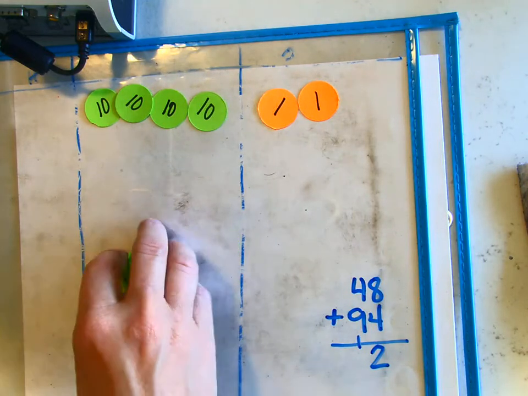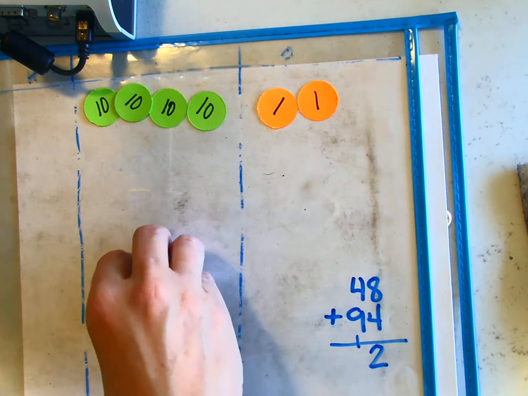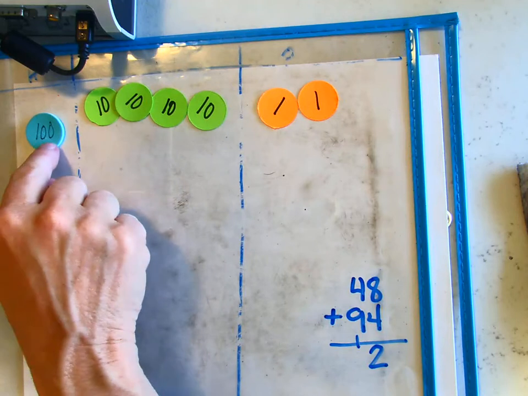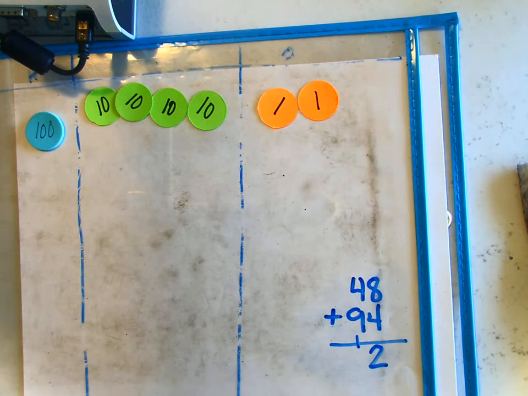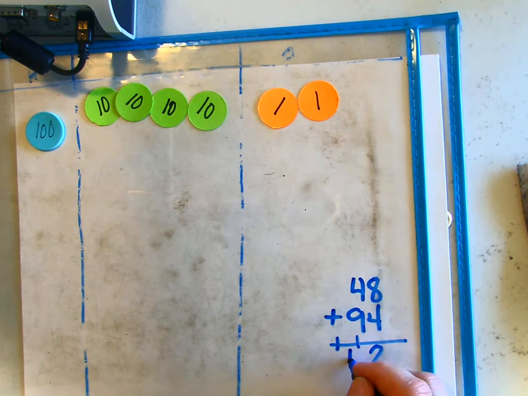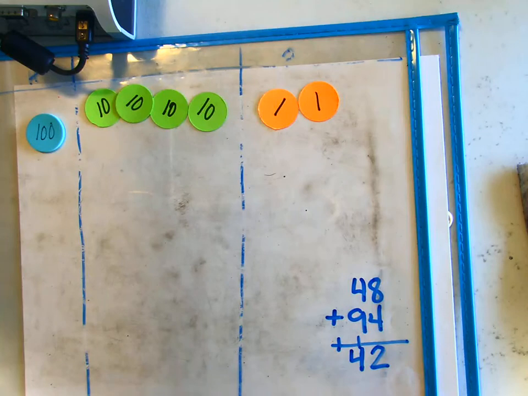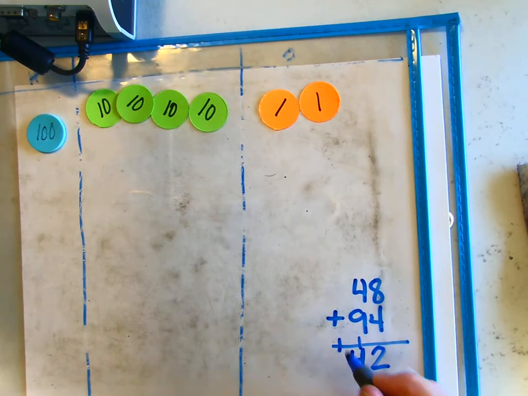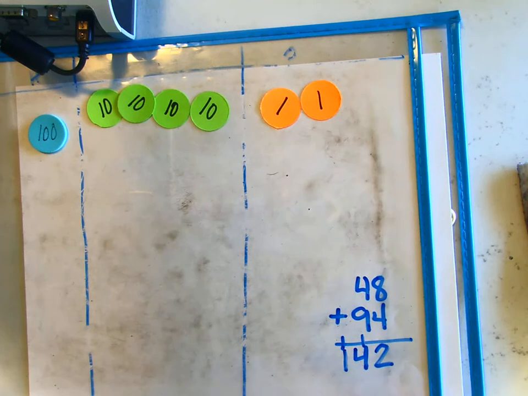Composing or bundling my group of 10 tens, and I'm going to swap it out for 100. I'm going to show that here by adding 100 to that and showing that there are 4 tens left in the tens column. Nothing to add to that, so I'm just going to bring it down, and my answer, my sum, is